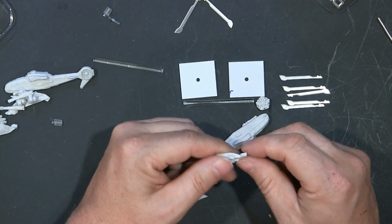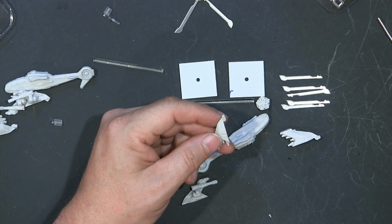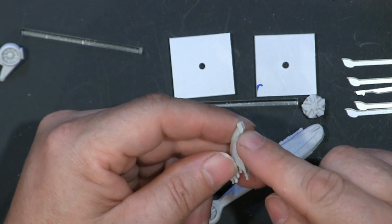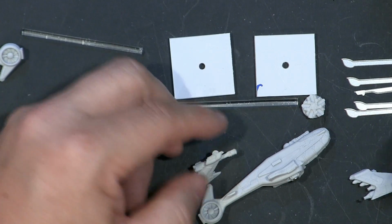The other thing I want to make note of is that there's a lot of times when you get a Dropzone Commander model and there is next to no cleanup. Well, all of the wings have a piece right there at the back side of it. So I just wanted to bring that to your attention. I'm actually going to put together the